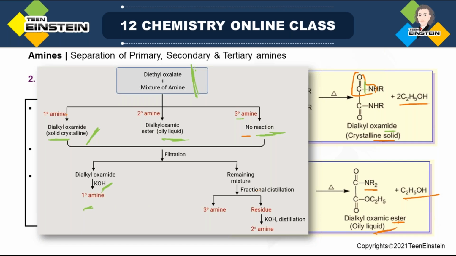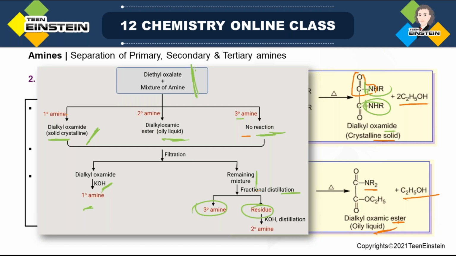So what will happen now? This bond will be broken and you will get 2 degree amine as free pure amine. But in the filtrate part, that is the remaining mixture, if you do fractional distillation, remember in the last slide also we have already seen how we are doing fractional distillation. So by fractional distillation, in the distillate part, there will be 3 degree amine, and the residue part, that is